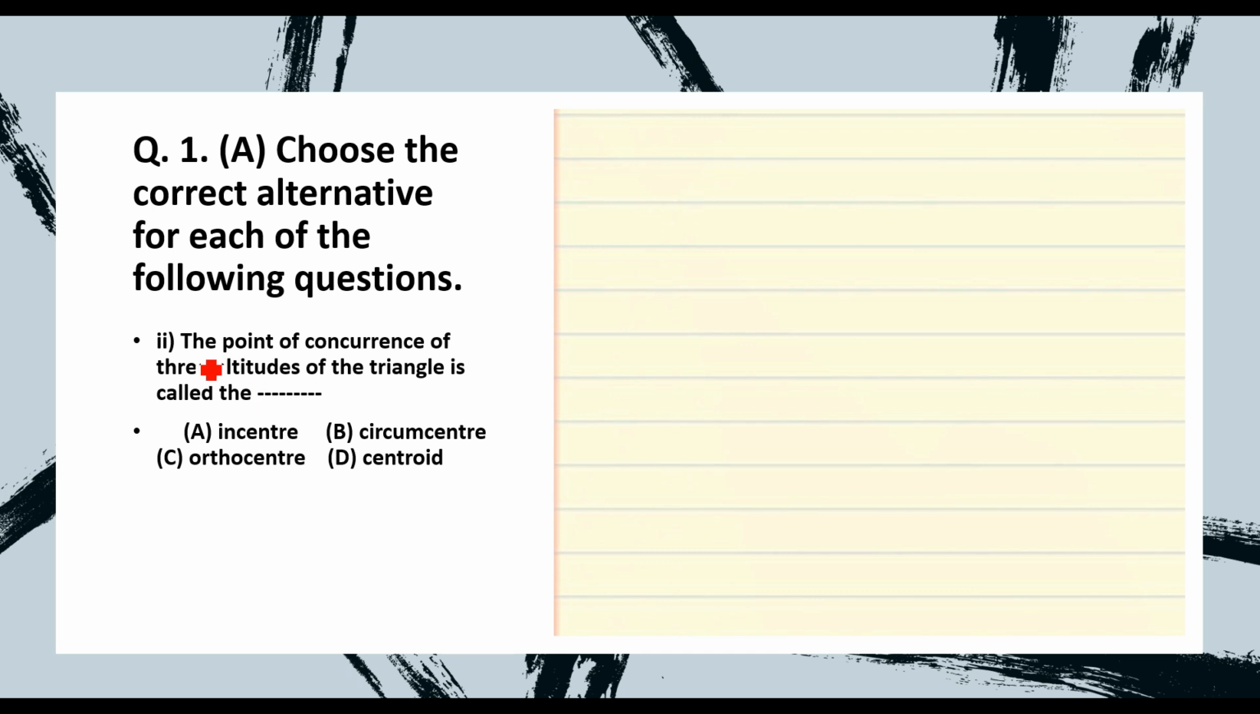Now, the question is the point of concurrence. What is meant by concurrence? Concurrence means if you have, say, line number 1, line number 2 and another line, say line number 3. This line L1, this line L2 and this line L3 intersect in one common point, say O, then it is called a